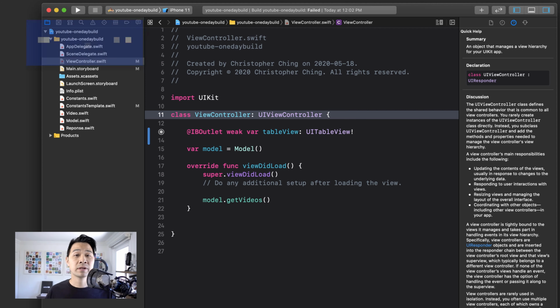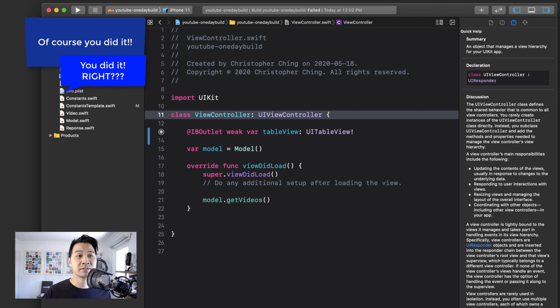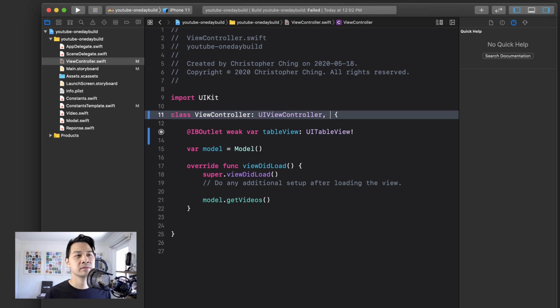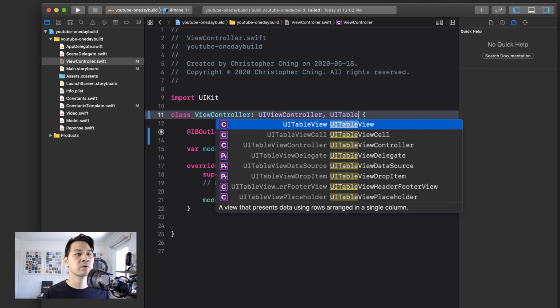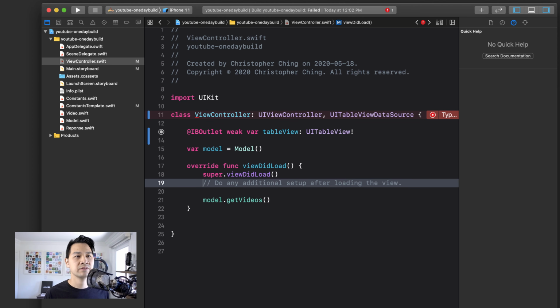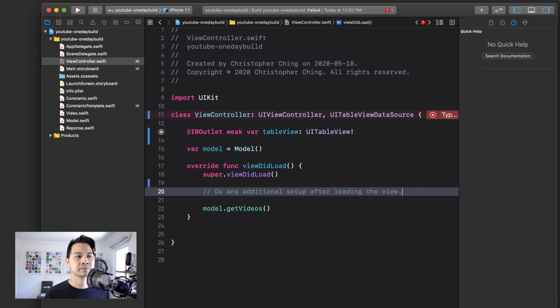Now, if you did the 29-day beginner challenge before attempting this YouTube app, which you should have done, I warned you guys in the beginning, then you would know that to conform to a protocol, you simply add it to the list here using a comma. So the protocol that we want to conform to is UITableViewDataSource. And that is going to allow us, in the viewDidLoad here,